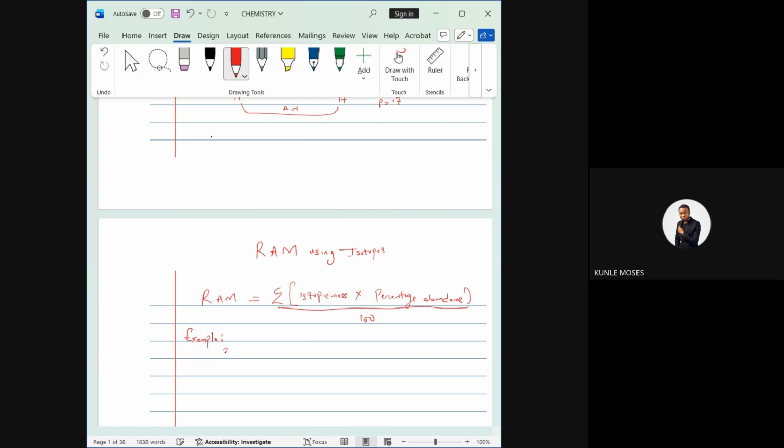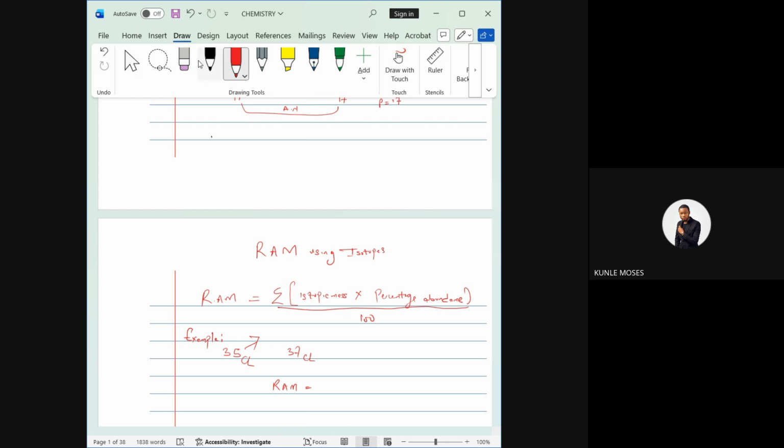Good. Chlorine has 2 isotopes, right? 35Cl17 and 37Cl17. So that is why we have that 35.5 as the molar mass. So if they ask to calculate the relative atomic mass, it's very simple now. They say we should multiply the isotopic mass by percentage abundance, isn't it? Now, in the question, they will give you the percentage abundance of 35Cl17, which is actually 75%.